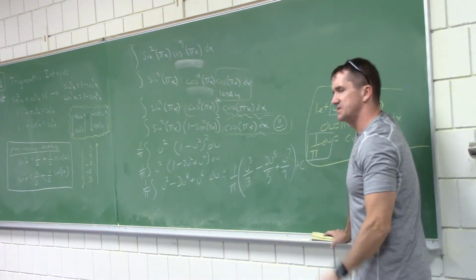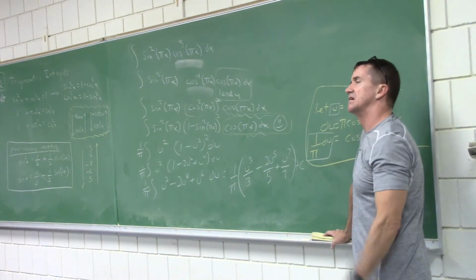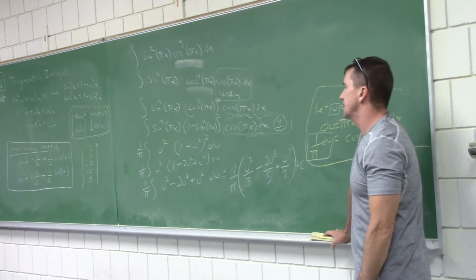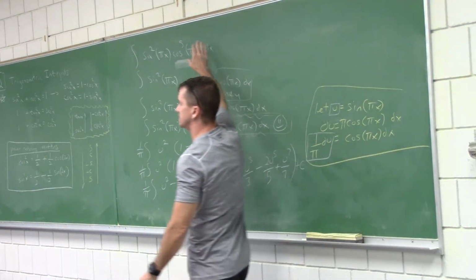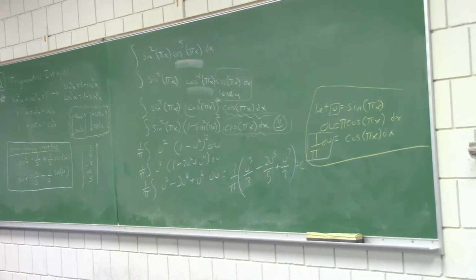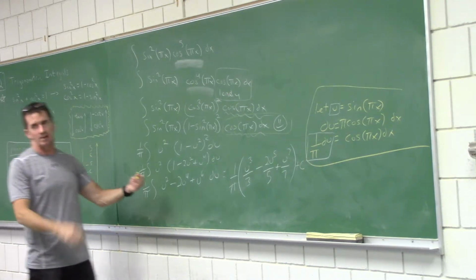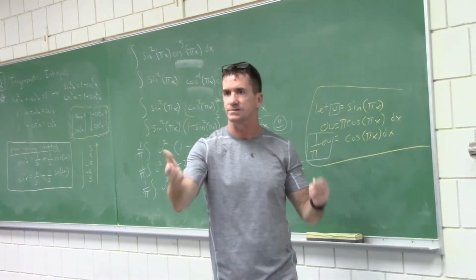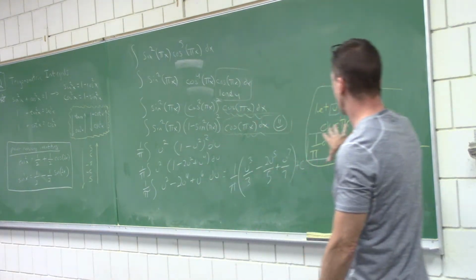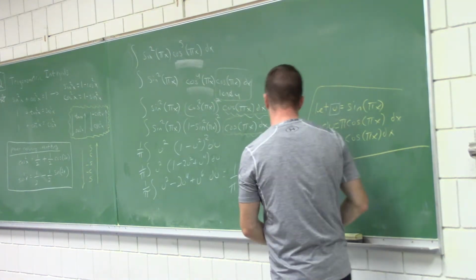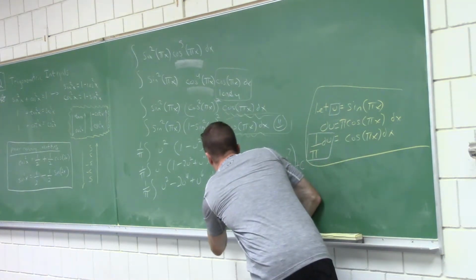Hey, am I done, or is there something else I have to do? Because this was an indefinite integral. Everything originally is in terms of what letter? X's. And because this is an indefinite integral, I have to do my last step and resubstitute. Every u, I'm just going to resubstitute with sine pi x. Rewrite everything I got there. Keep the 1 over pi, but every u I replace with sine pi x. So this final answer becomes 1 over pi,